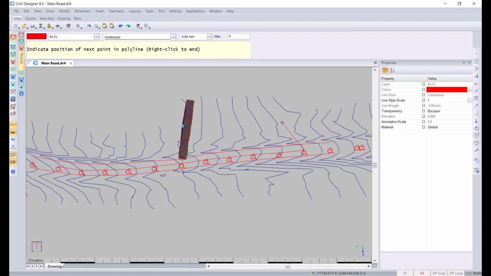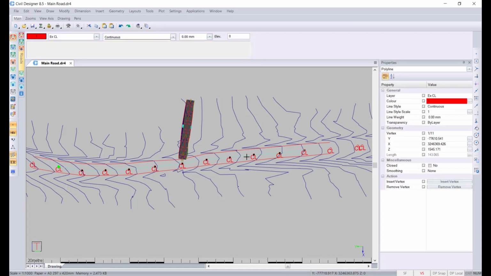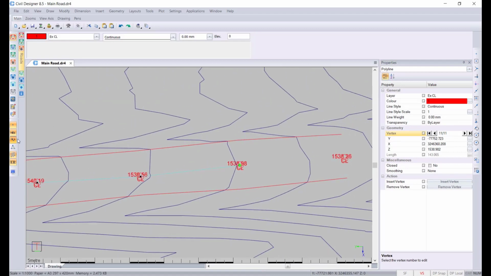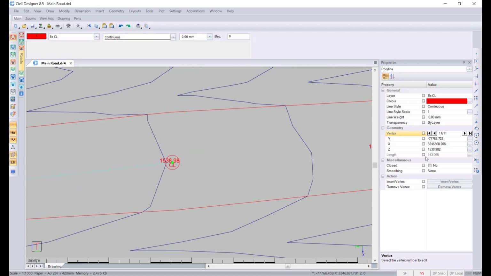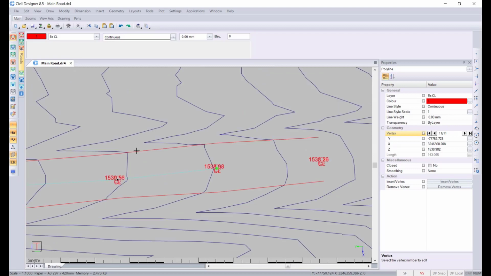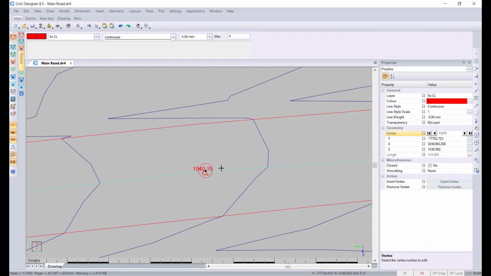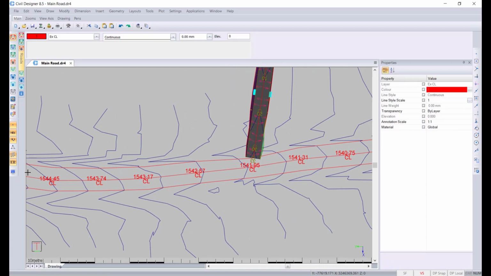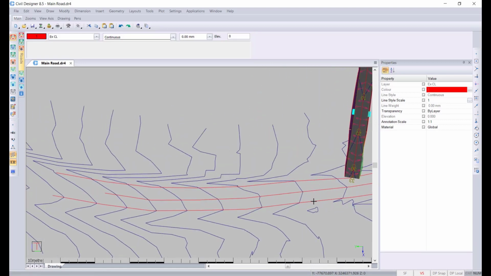So I can now press the escape key and we can have a look at that 3D polyline. We just have a look at the vertices are updating. So if you're not sure, you can always go to your heights. You can see that's the third or second decimal place. And here we can see that those are matching. Great. You can update this to the third decimal place in your display settings, but for now this is good enough. Great, I'm going to just switch off my heights and my points as we've got those now,